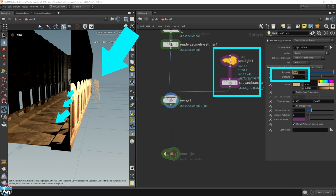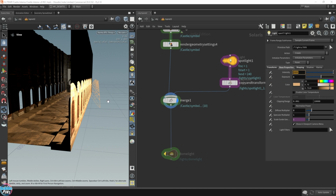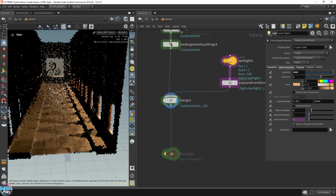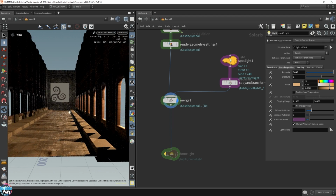volumetrics. So there's no volumetrics in the scene at the moment, but that's about to change once we add the fog box. Karma has this handy fog box in Solaris that you can drop into your scene. It'll create an area of fog or smoke or something for the light to bounce off of, so you can see those fancy halo lightings. So right now we don't see those streaks of light. Like, you see lighting coming through and bouncing off the surfaces, but you don't actually see the lighting in the